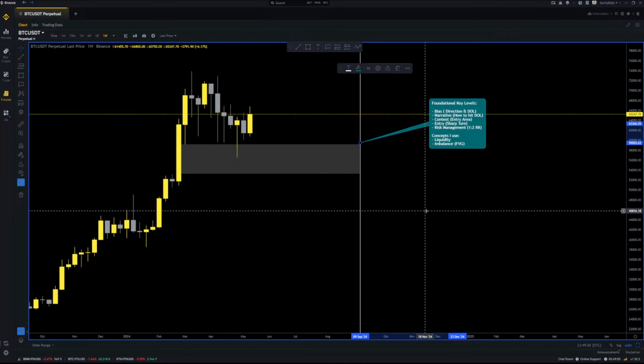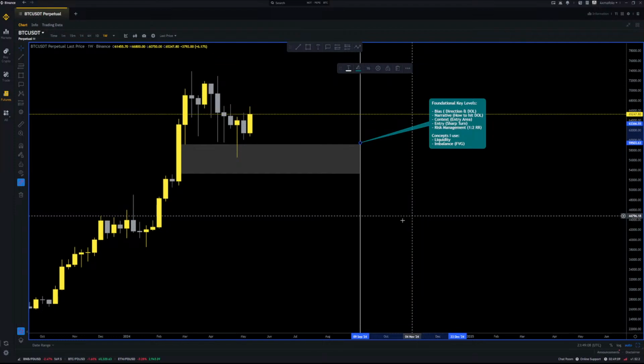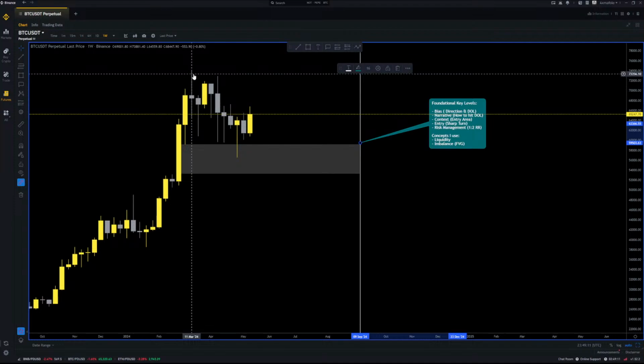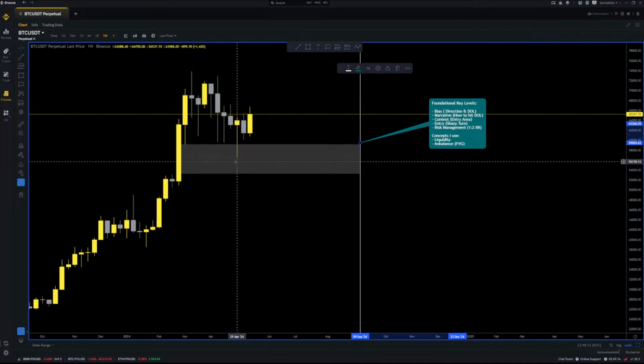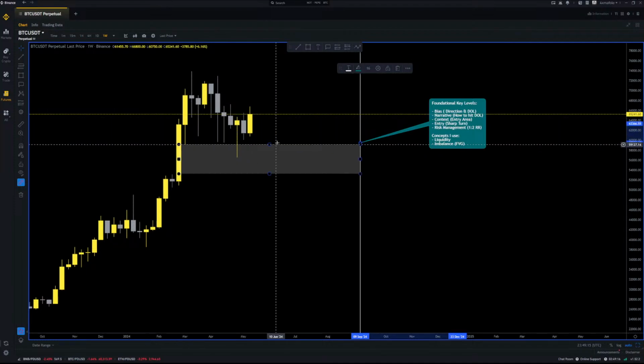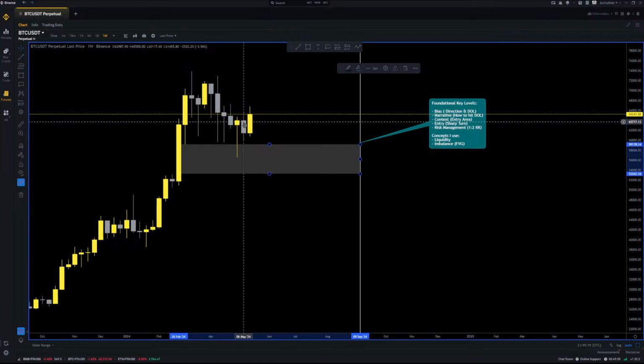Price moves in two ways: either to seek liquidity or to fill an imbalance. That's it. So right now we have filled this imbalance here, tapped it, and we have seen a reaction,